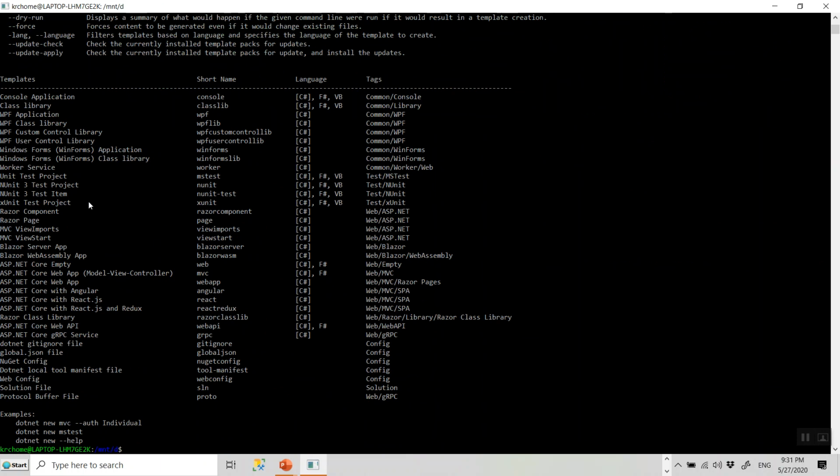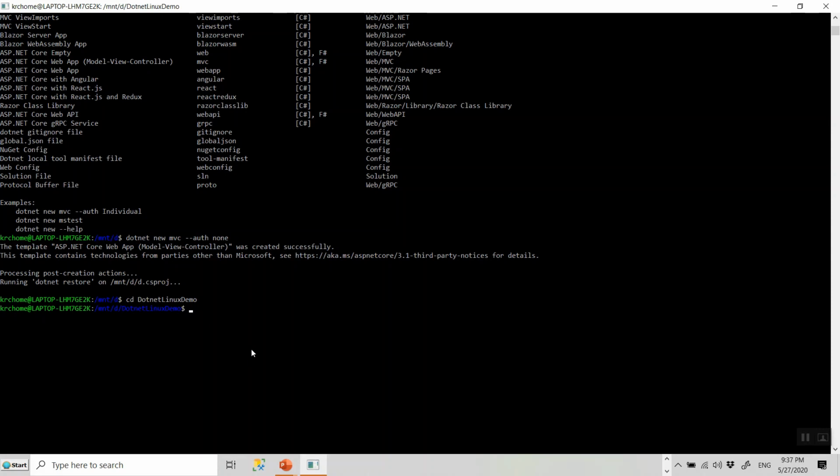So if I wish to create an MVC application, there is MVC view imports, view start. This is view start, and pure MVC is, let us go through this, that is just an MVC. Console, WinForm, XUnit, NUnit, MVC.